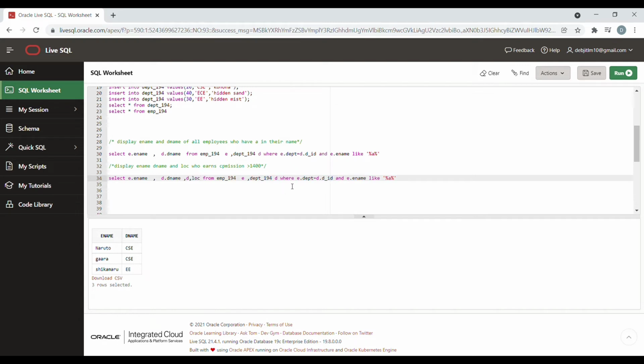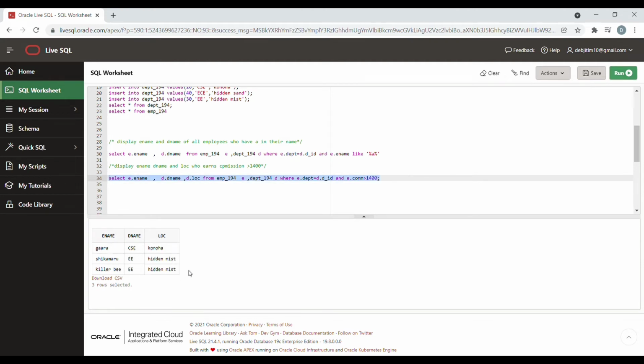So I will add D.loc, and after that in the where clause, we don't need to show which names have A. We need to show whose commission is greater than 1400. So I will remove the name part and write E.comm greater than 1400, and I will run it and see the results here. So this question is done.